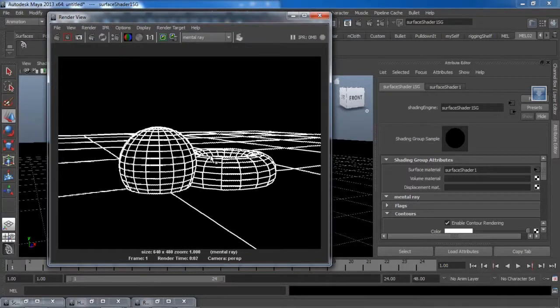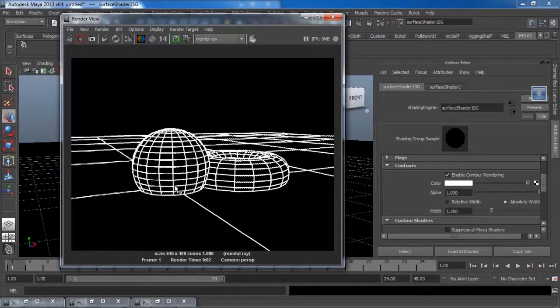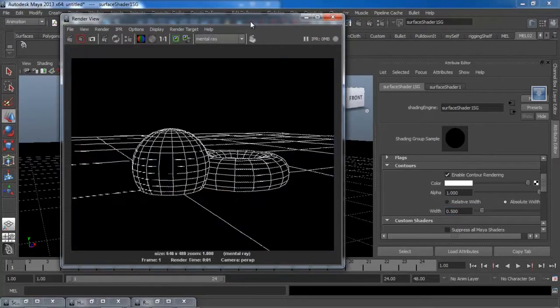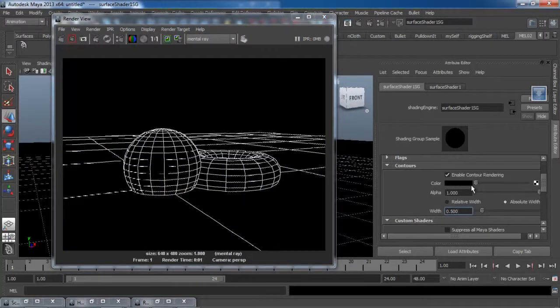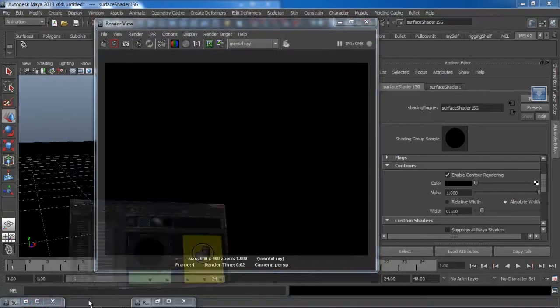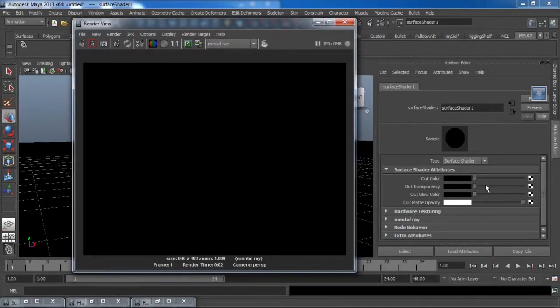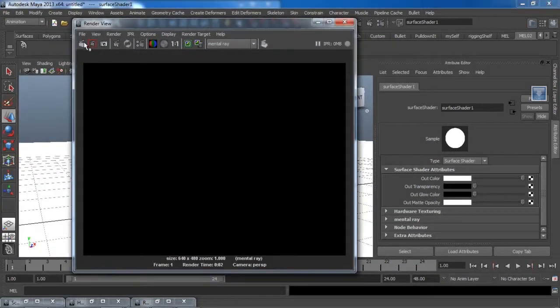We can also change some attributes in this one. We'll go here and we can change the width of the wireframe. For now it is 1.25, we'll make it 0.5 and then check this. Here is fine. We can also change the color of this, make the color black, and then open this Hypershade, select the surface shader and make its color white and then render it again.